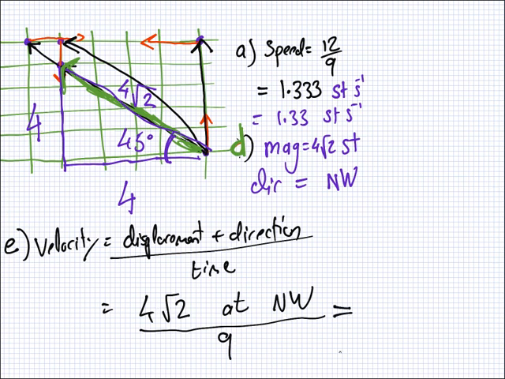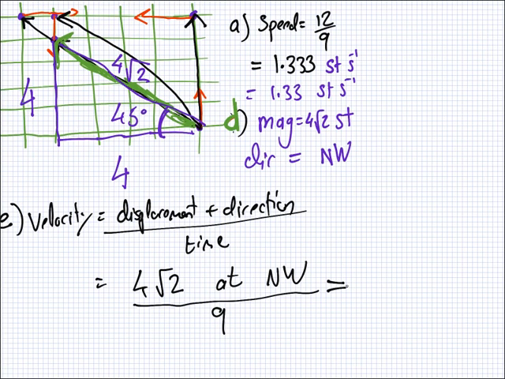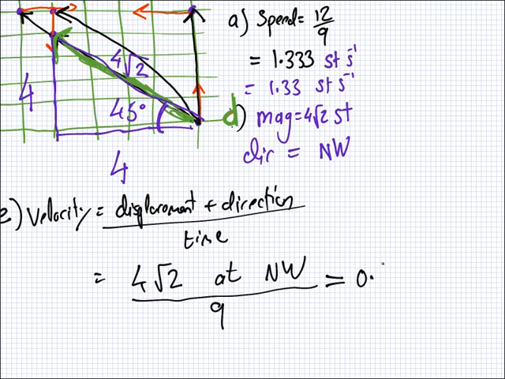What's that? 4 root 2 divided by 9. It would be 0.629, steps per second